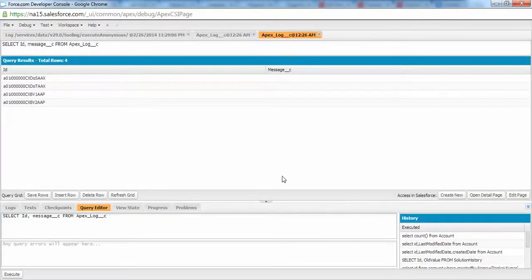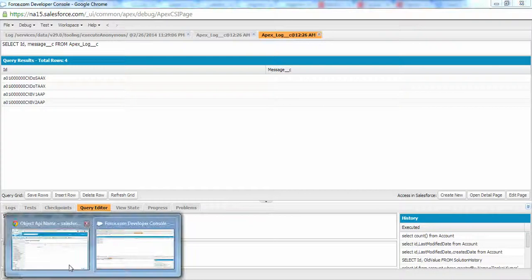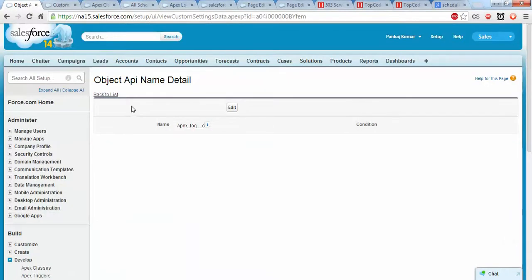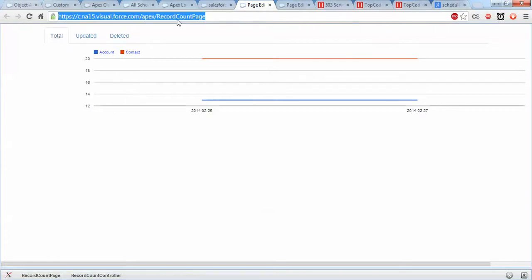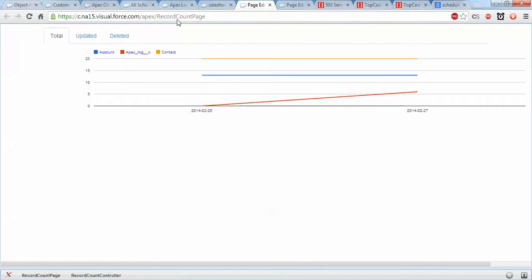For a particular date it will pick the most recent record. Yesterday, on the 25th, we had only 2 objects in the Apex log object entries, and for today we have an entry for Apex log.